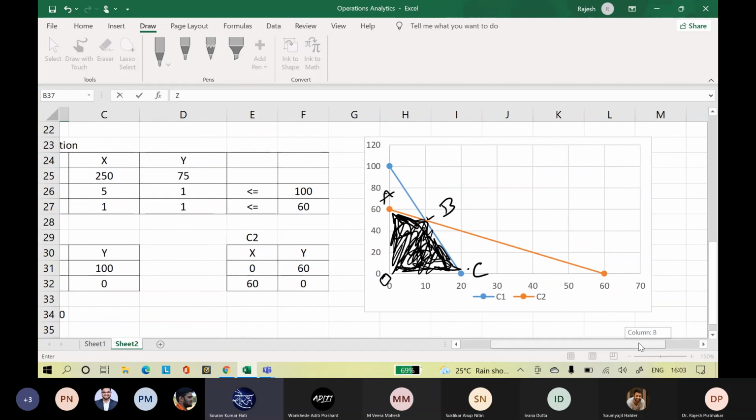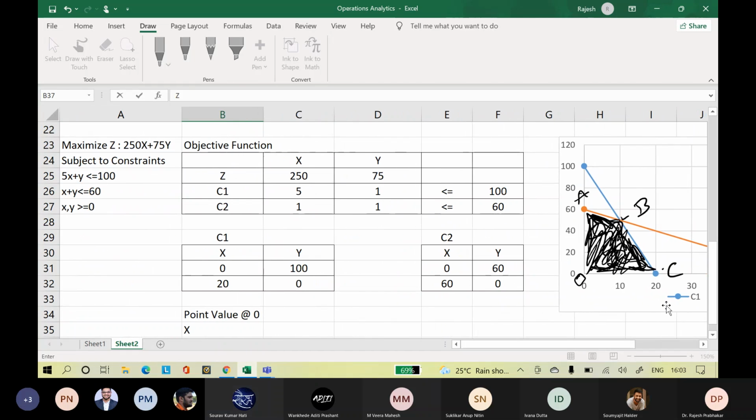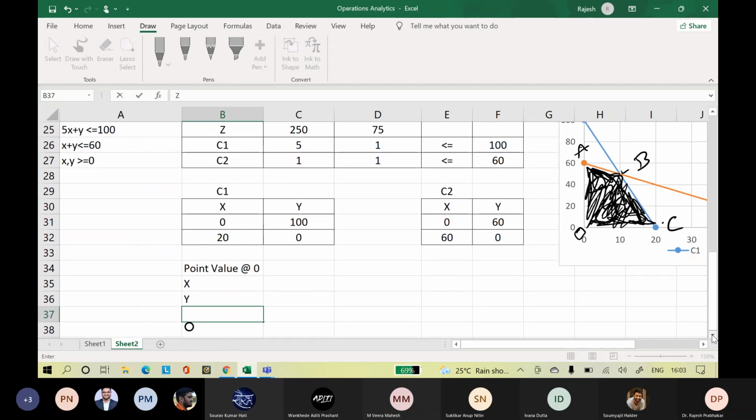I didn't get the question, sir. See, at point 0, X is 0, Y is 0, right? Yes, sir. So what will be the value of Z?